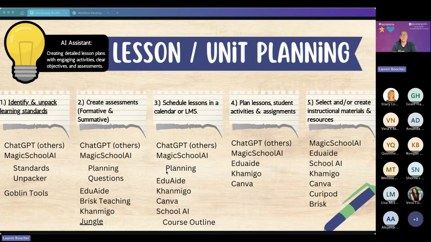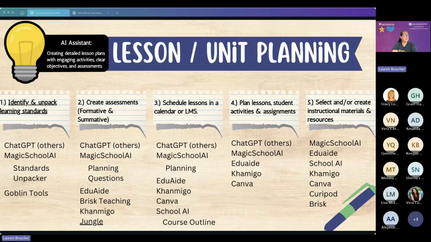They've been trained on specific educational topics that you can ask any questions to. I love Canva as well for lesson and unit planning. There are tons of calendar templates. There are tons of lesson plan templates in there that you can use. And even with the Magic Write, it will help you generate some ideas and things like that.